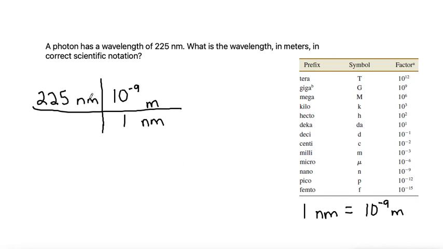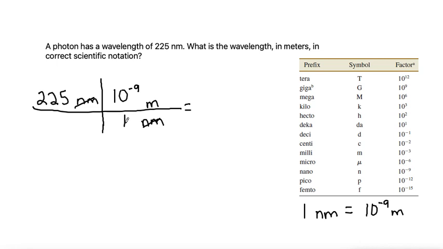Okay, so units on both the top and the bottom will cancel out. So this means that the nanometers unit cancels out and we're left with the unit of meters, which is the unit that the question is asking us for. So this would be complete once we finish with the numbers. So how we do the numbers is we take numbers on the top and we multiply, we divide by numbers on the bottom. So if we grab the calculator,